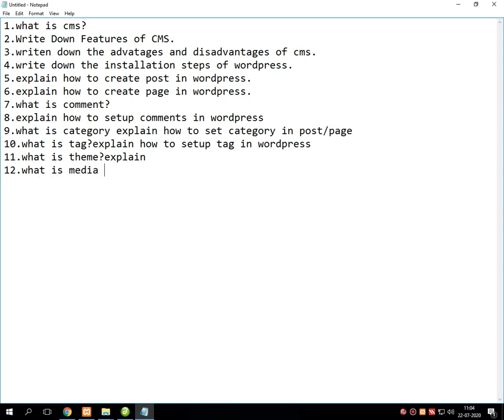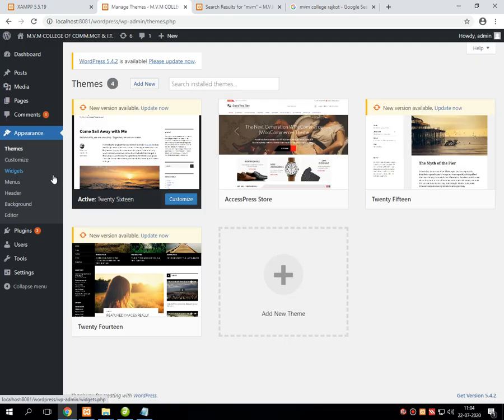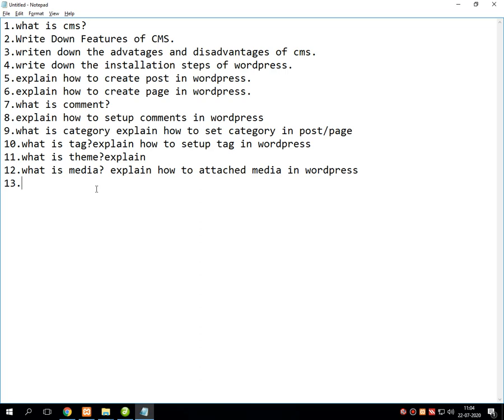What is media? Explain how to attach media in WordPress. 13. Explain how to install and activate a new theme in WordPress.